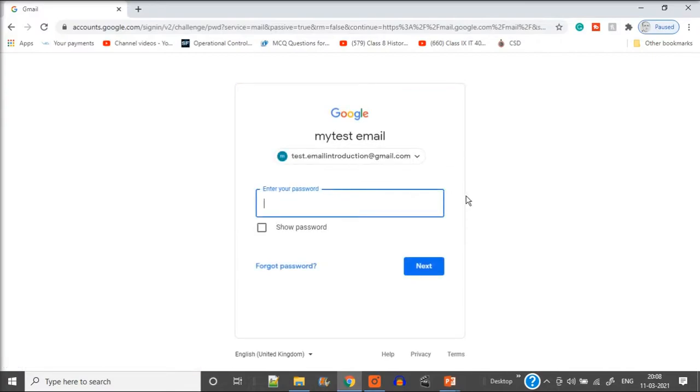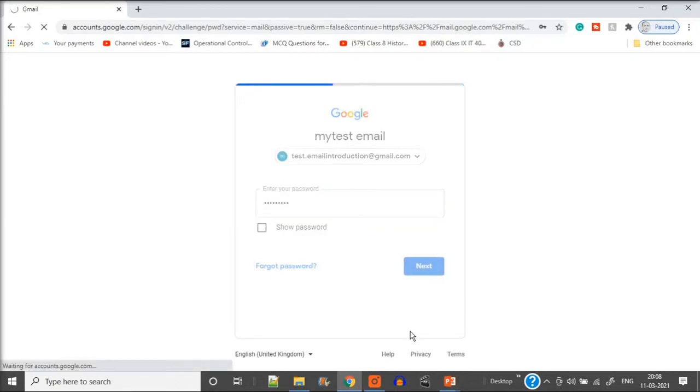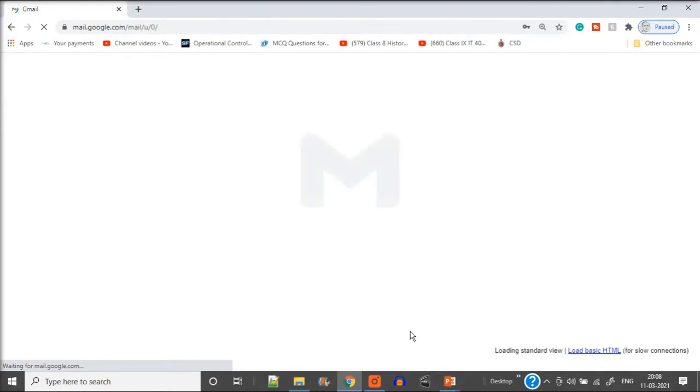So it will ask for username, password. As I already logged in once, it is just asking for the password. Otherwise, it will be asking for both username and password. Username already entered. On a browser, I type Gmail. Now I have to sign in. With this signing in, we have to authenticate ourselves, that is, you have to write your password. If you forget your password, that is also possible to recover. It will be received on your mobile or some other email ID you have given, that is the recovery email ID. So now we are entering the email service.